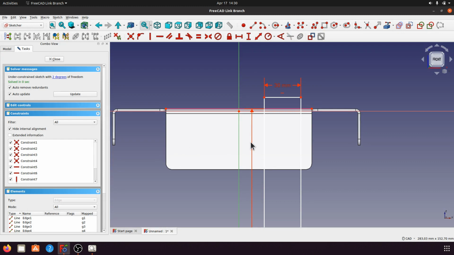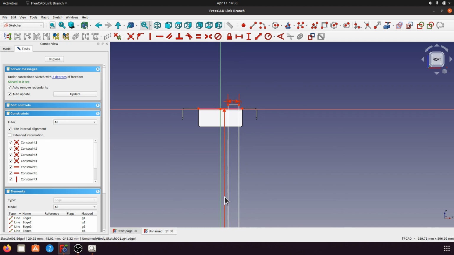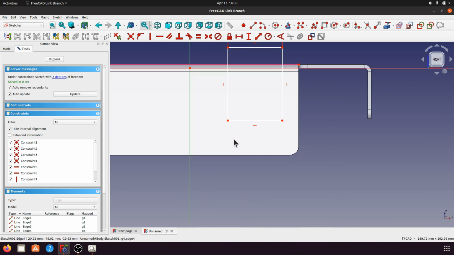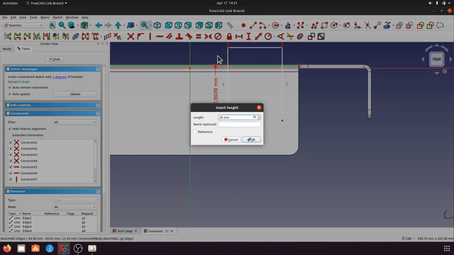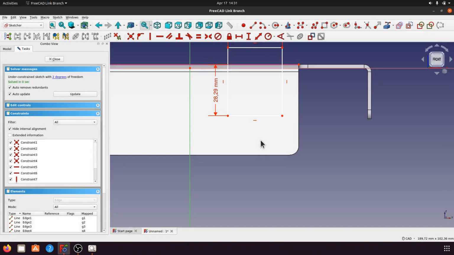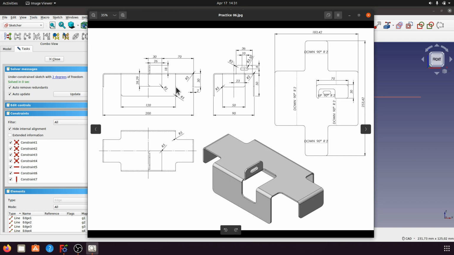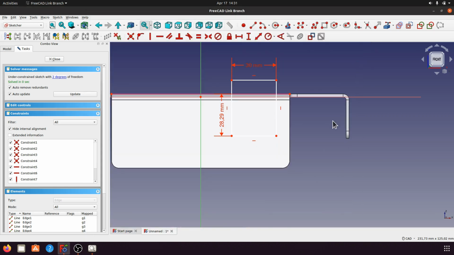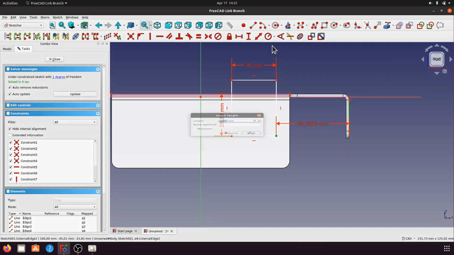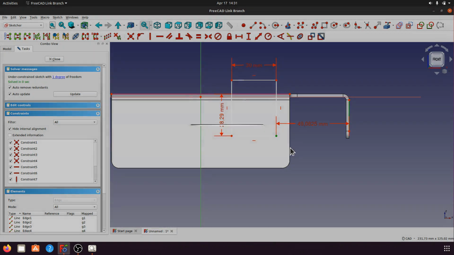Okay, sorry. Let's undo this point and this external line for 28.29. Okay, and then distance 70. So let's create external geometric and click this point and this line for distance 70 millimeter. Okay,